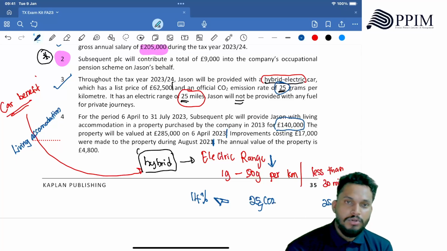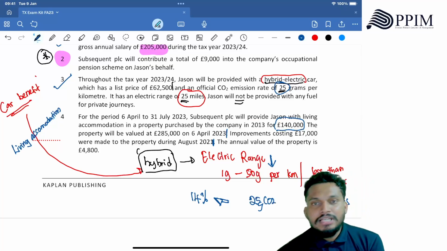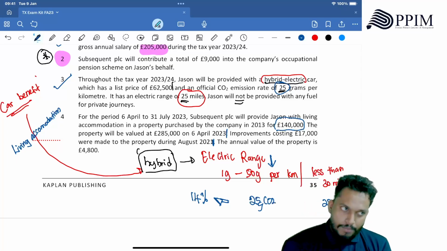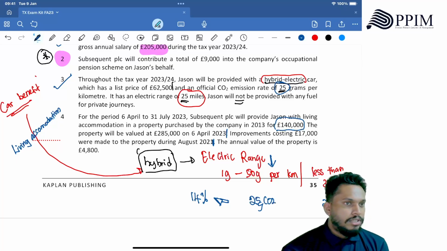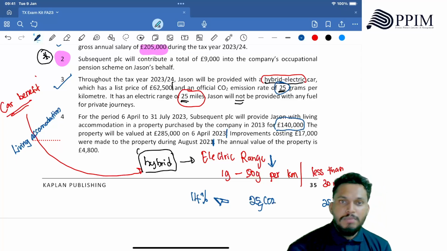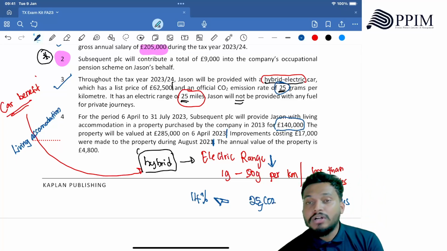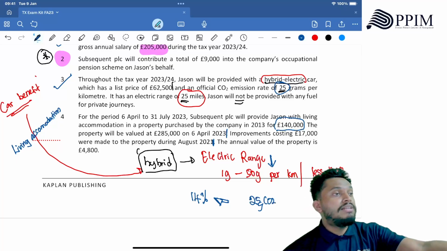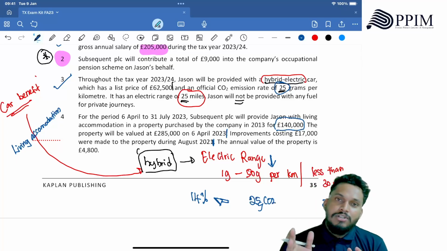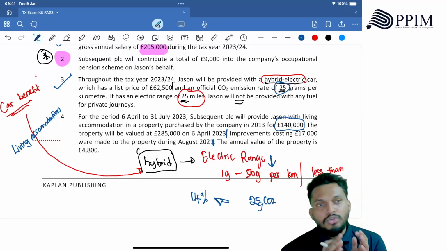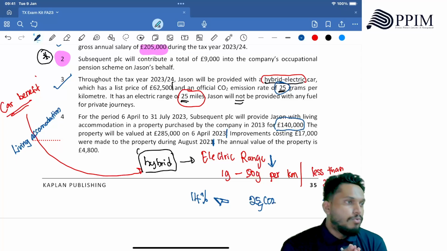All good. Then the annual value of the property is 4,800. So how you need to understand this living accommodation is, if you live elsewhere, you need to pay this benefit, or someone else will receive this benefit. Technically, if the organization is renting out this property, they will receive an income of 4,800. But are they receiving this 4,800 here? No. So from a taxation point of view, you're losing tax money. You got it? So this is a loophole from the taxation point of view.